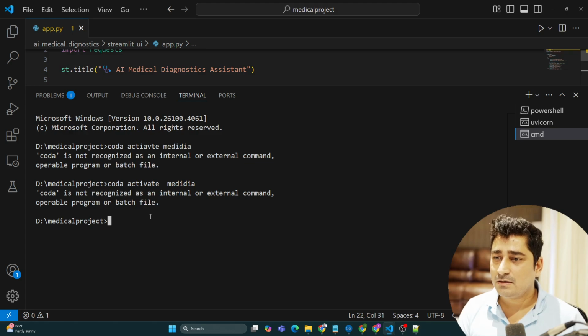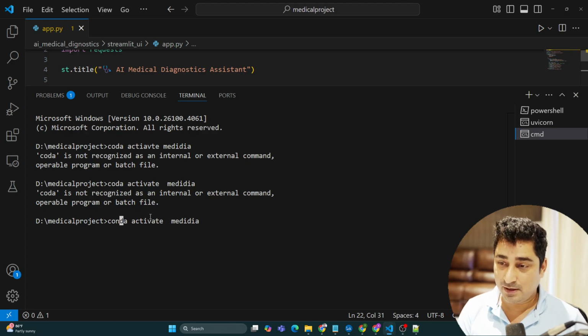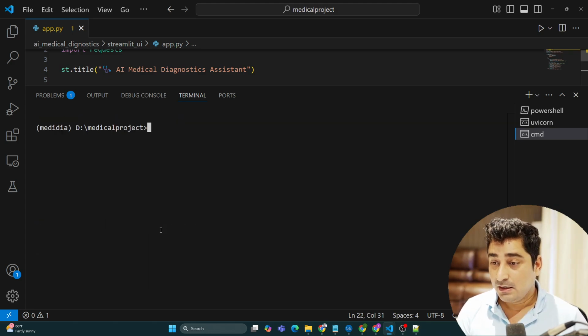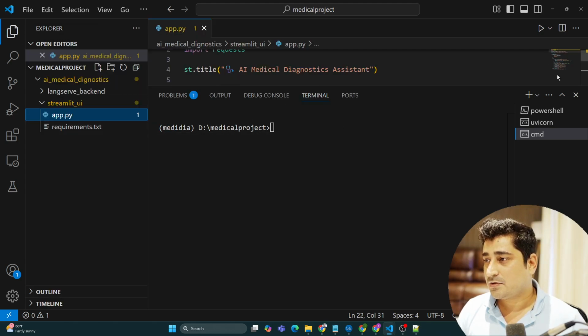Not able to recognize. Why? Okay, I have written CODA, it should be CONDA. Yeah. So fine, activate this environment and then we are going to execute my Streamlit, by the way,